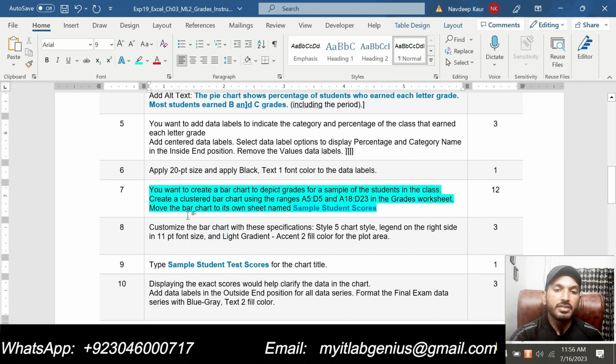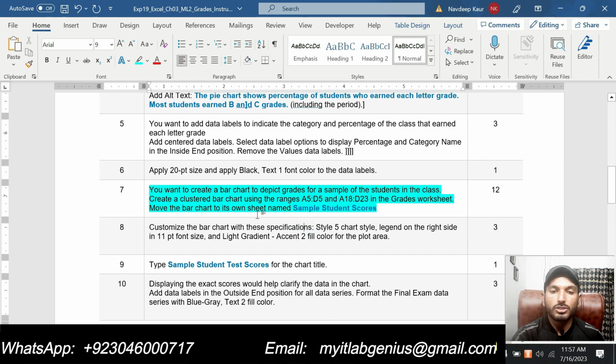So in step number 7 it is saying that you want to create a bar chart to depict grades for a sample of the students in the class. Create a clustered bar chart using the range A5 up to D5 and A18 through D23 in the grades worksheet.